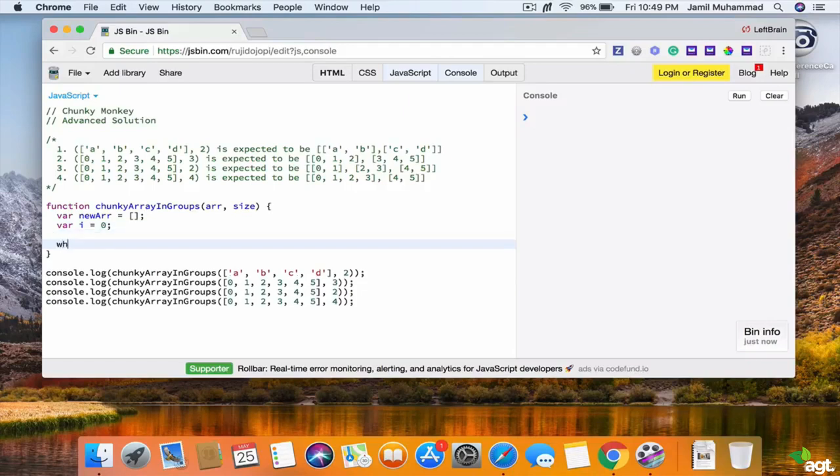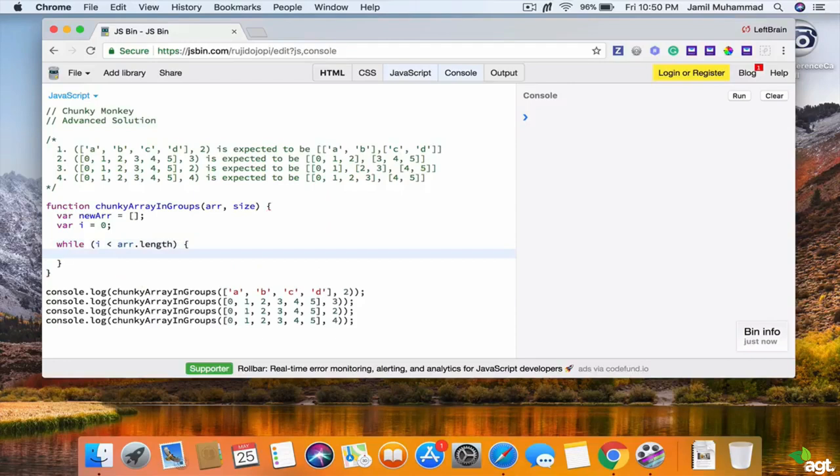And then we're going to have a while loop. And then i is going to be less than the length of array, our parameter. And then new array will push array and then slice with i from i to i plus size,